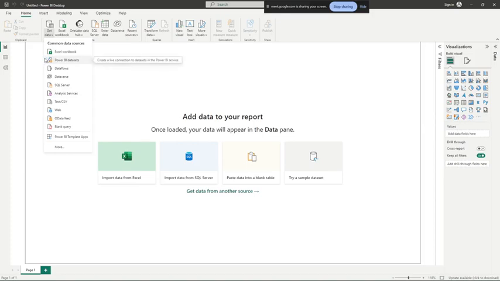I can get data from an Excel worksheet. I can get it from a Power BI data set, dataflows, datamarts, SQL Server. So now you can even link your SQL Server to your Power BI. So you have a lot of things that you can connect. But today we want to talk about our Excel workbook because